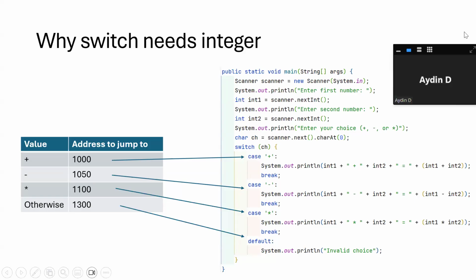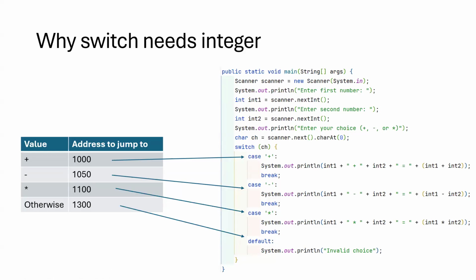I do have one question. With those numbers, the address to jump to, do they have to be like 1,050? No. These numbers are just examples. The application is a set of instructions in the memory, right? And the set of instructions doesn't necessarily have one every 20, 50, or 100 or whatever. And one instruction line may be composed of one line in Java